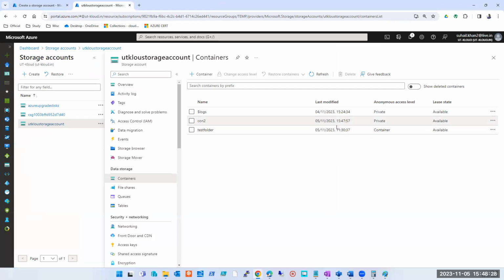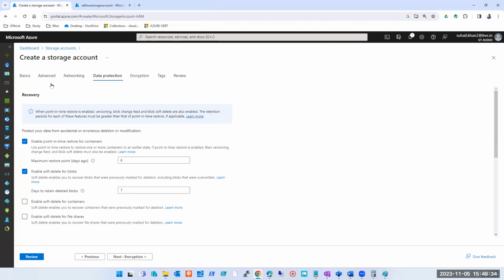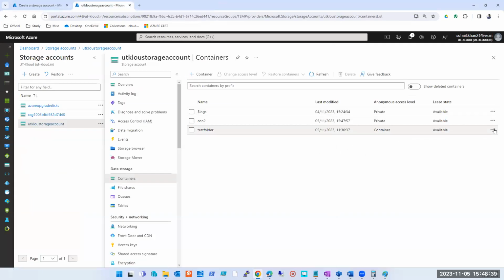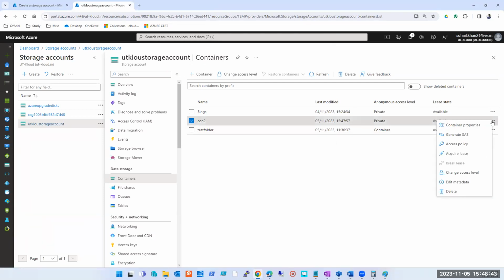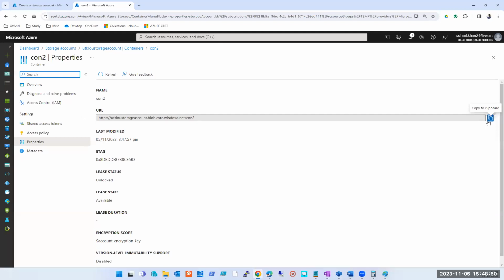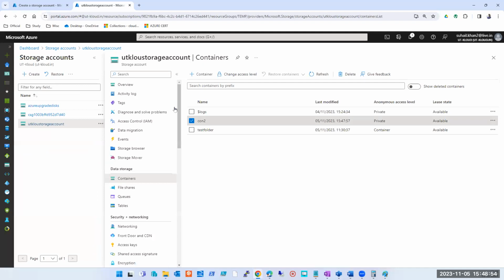I remember I worked on it till afternoon, and someone changed it in the evening. So if I have enabled this point in time option, it will give me all the versions available of your container. Which version do you want to restore? Now I know I made some changes in the afternoon, so I'll restore from the afternoon version. Whatever changes were there will vanish, and I'll have the correct version.